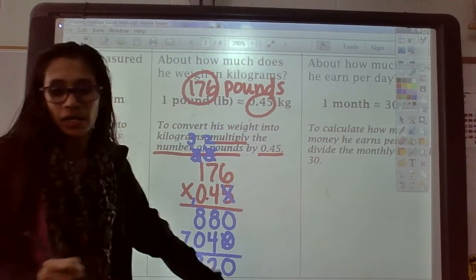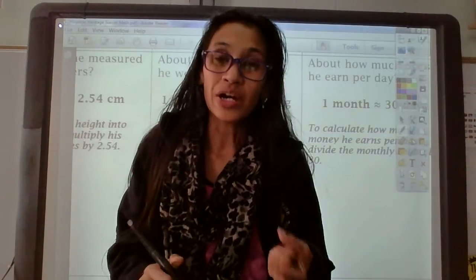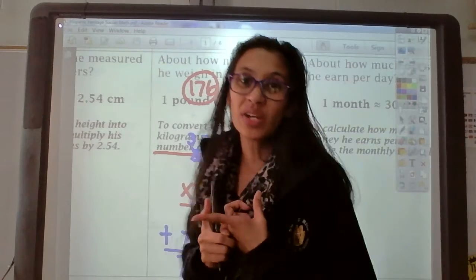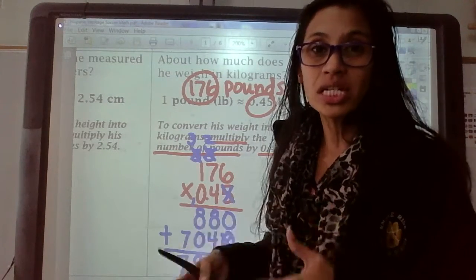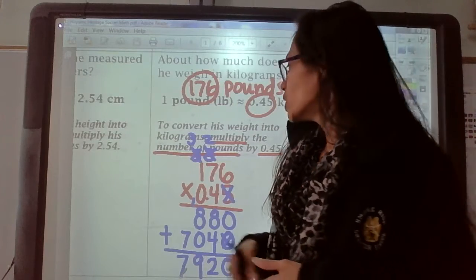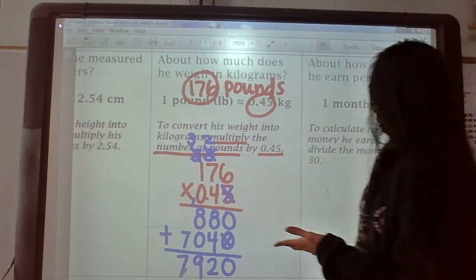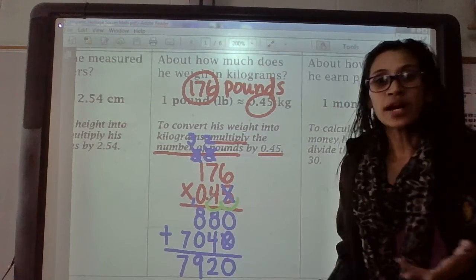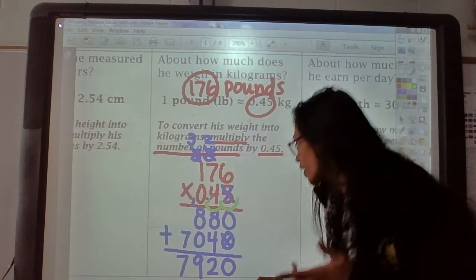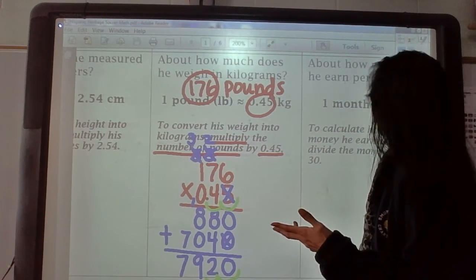All right, are we done? Oh, no, we are not done because we forgot something. Okay, we forgot the unit. The unit, what else did we forget? Look, there's a decimal point. So our answer needs to have a decimal point, okay? So look at the decimal here. How many numbers behind the decimal do you see? 2. Look, 1, 2. There's 2 right there. So when we go to the answer, I count 1, 2,